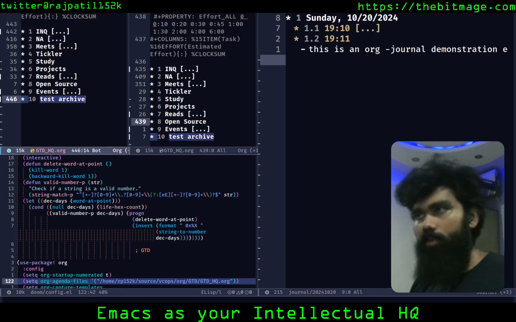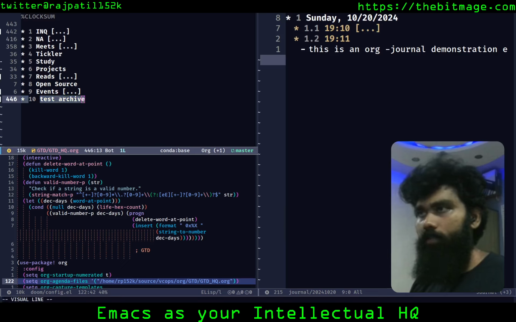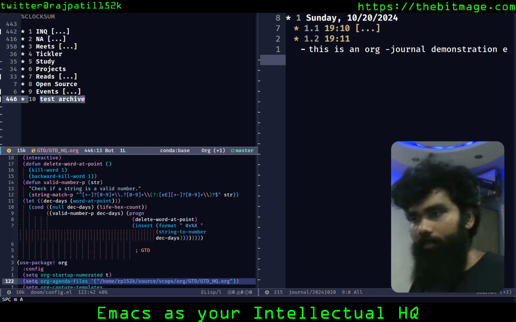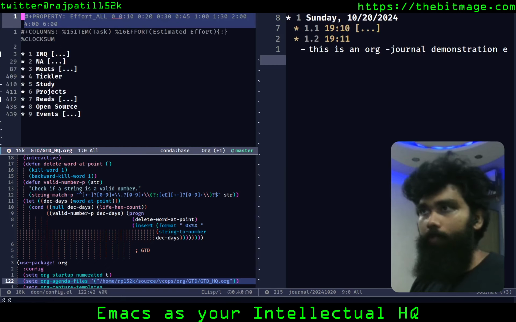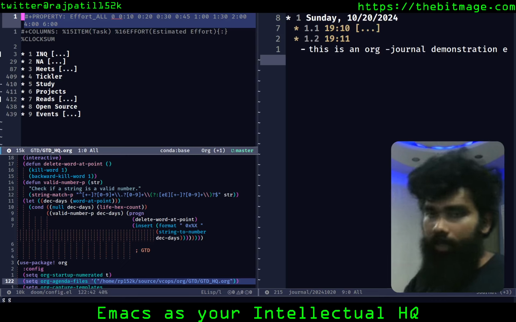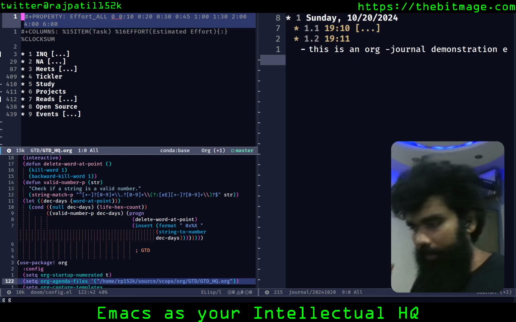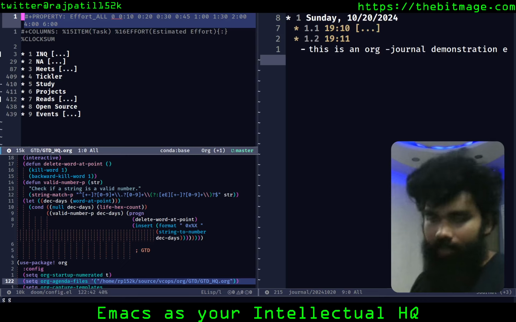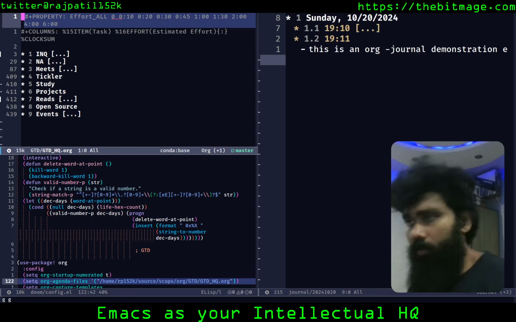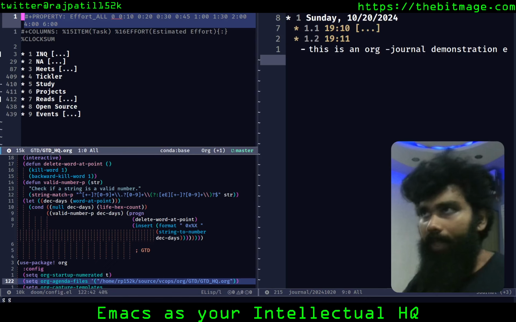Test archive. I'm just going to close the other buffer. I select that and hit space m, capital A. It archives it, so it goes back into the GTD HQ archive. And all of that is again version controlled, all of it is accessible. So anything that I was working on probably 3 or 4 years ago is still there somewhere. I can still know what I was working on. And just because it's text, 15K characters right now.